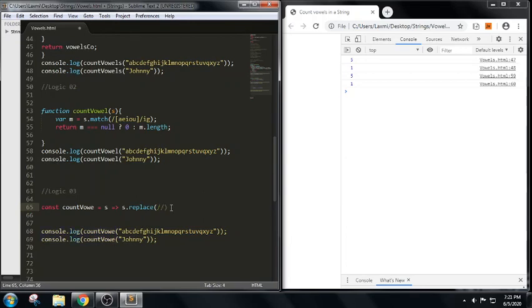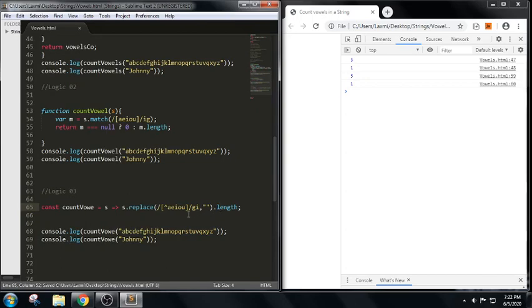In this replace, we are trying to write the same expression that we have written in the previous case. So in this we are trying to write the cap symbol. It means if it doesn't match with a, e, i, o, u, we write global and value. And as we have discussed in the previous part, it will try to match. See here I have used the cap symbol. Cap symbol indicates it doesn't match. So whatever value doesn't match with this, it will replace with the empty string, and for the leftover characters it will calculate the length.